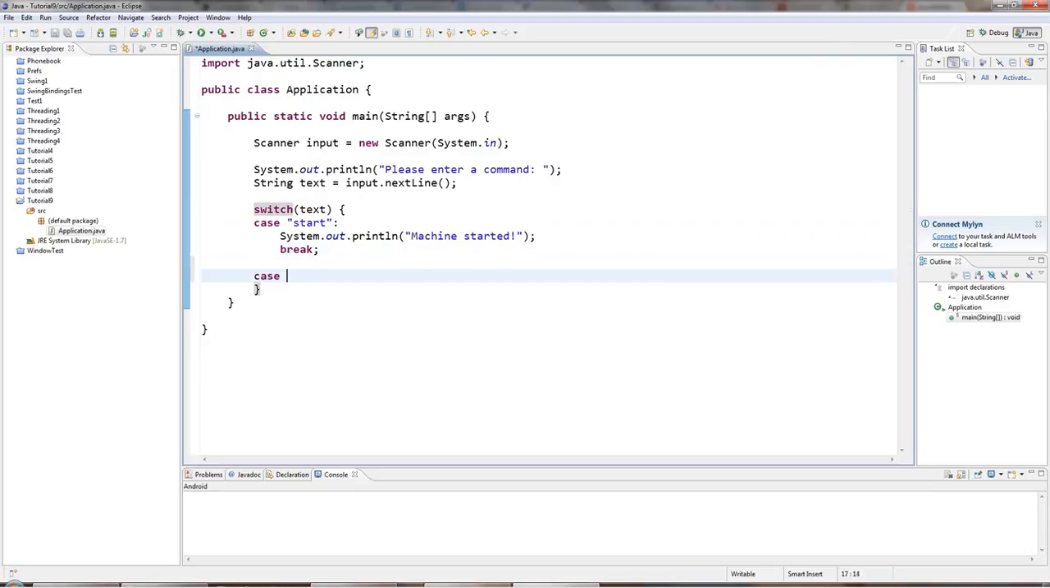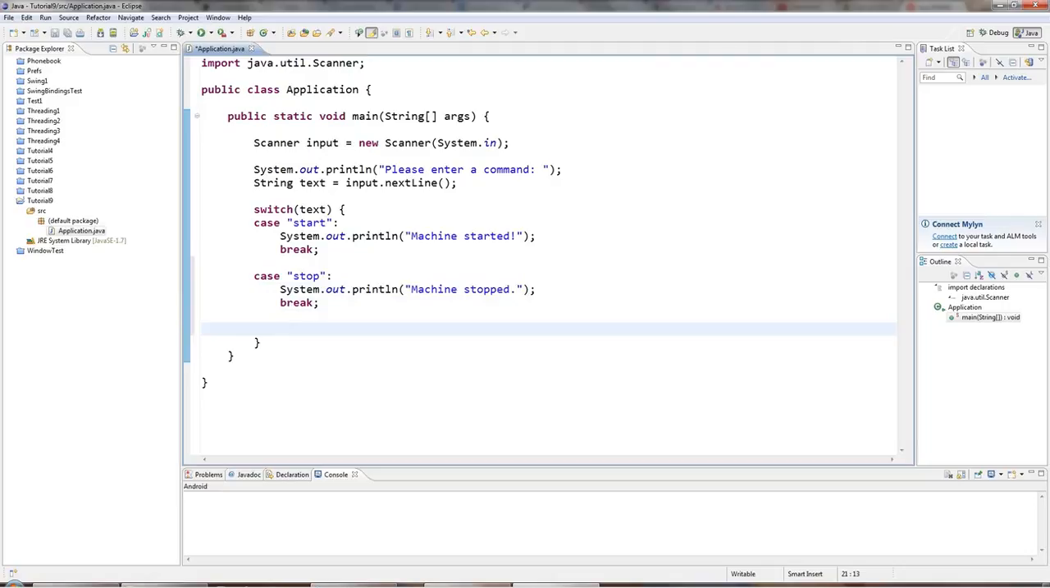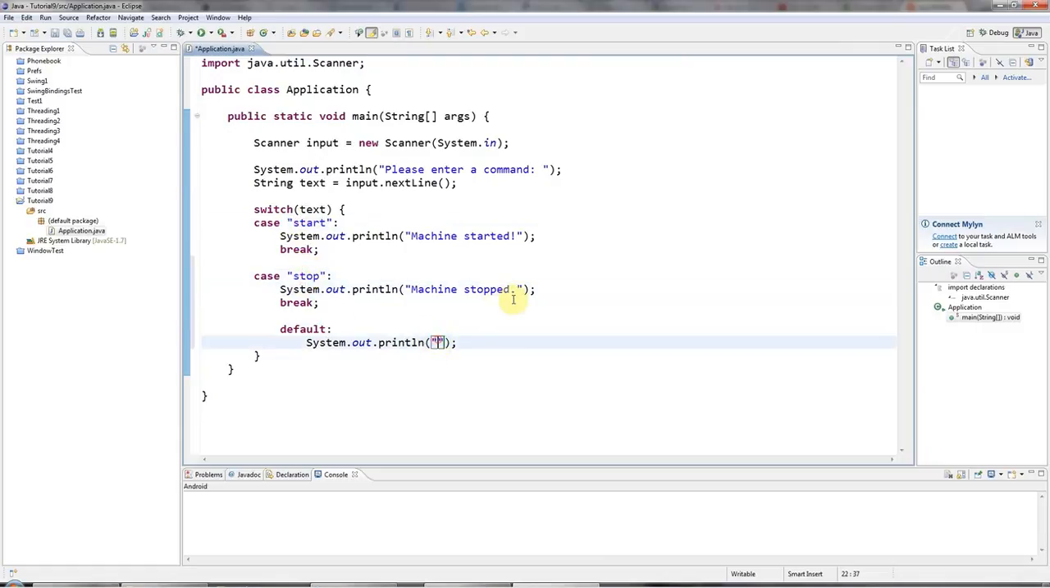So let's have another one. You can have as many of these as you like. I'll just put in 2, I think. Stop colon, sysout machine stopped. Okay, don't forget the break, and then you can also have a default case which is optional, but if I say default colon, this is the code that will get executed if none of these alternatives are matched. And you can have, as I say, as many as you like here. There can be 10 or 20 or whatever. So I'll say here command not